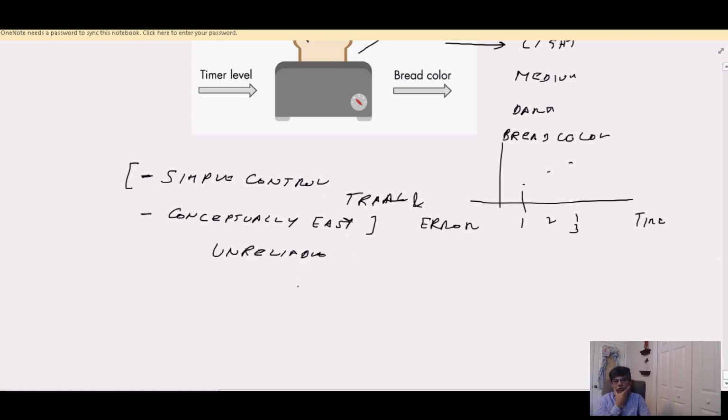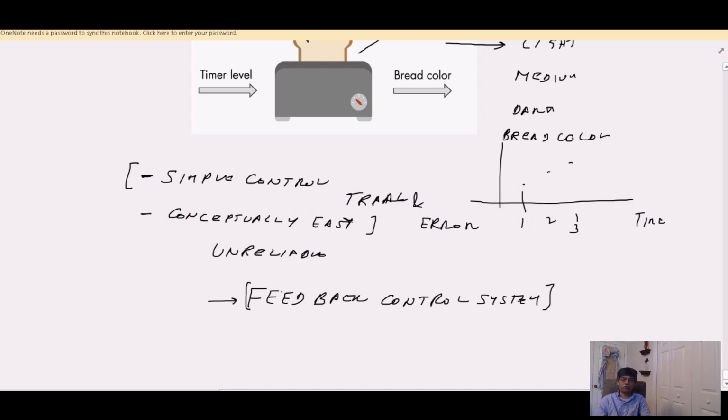In order to resolve this, what we are going to look at in the next video is called the feedback control system. As a matter of fact, if you buy books in the market, the title of the book would be feedback control systems, and what they're trying to tell you is that a lot of people talk about math only, but in reality